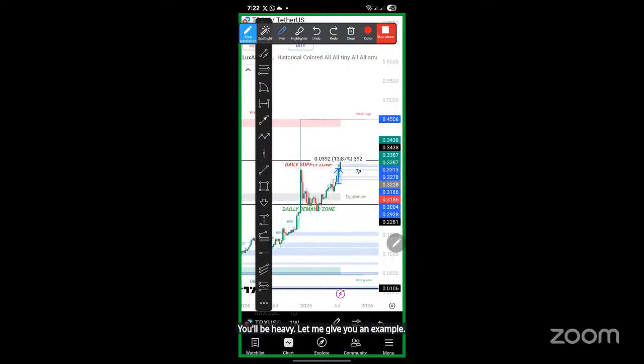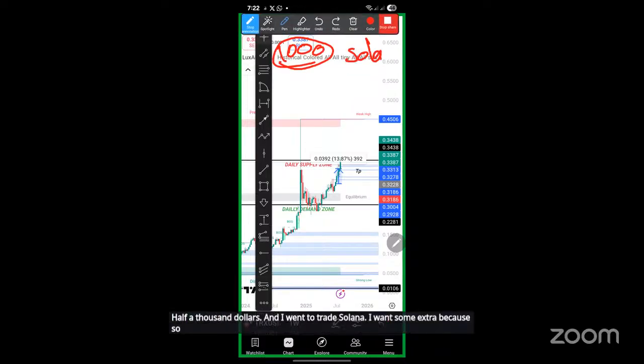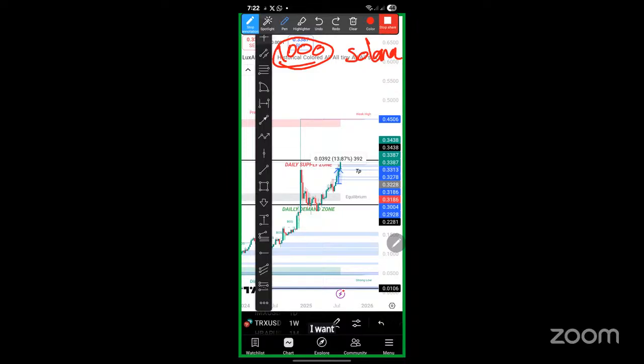We are on capital management and risk management. You have seen how we can risk in the different markets, spot and futures. And now we are looking at capital deployment. Let me say I have $1,000 and I want to trade Solana. I want so much Solana because it's so volatile. If I want to trade Solana with $1,000, let my first amount be 10.